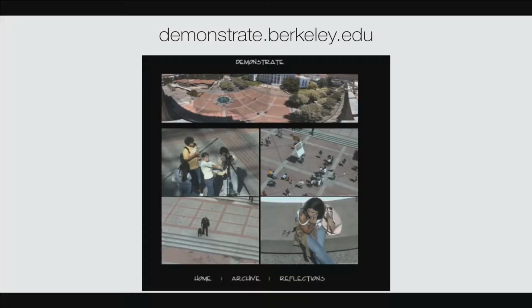So it was a bit of a moment of memory lane there when Deirdre just brought up this story about what I call my day in the principal's office. And this is the project she's referring to. It's called Demonstrate, and there's actually quite a bit of information online. But I won't talk about that now.